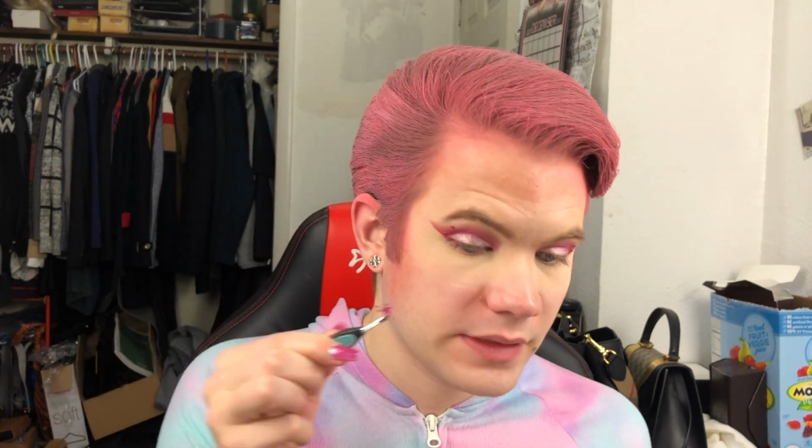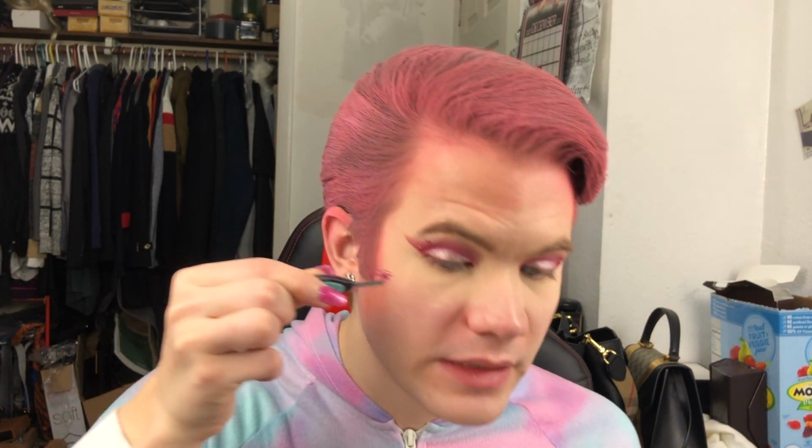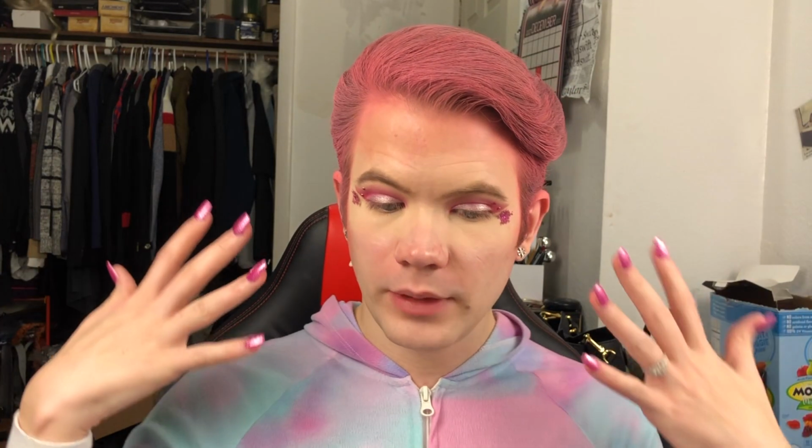Last but not least, I do have these little pink flowers that I want to use on this look. So I'm going to put some eyelash glue on the back, and I'm just going to wait till it gets a little bit tacky, and I'm going to set it exactly where I want it. Okay, everyone, now that we have both flowers on our face, I'm going to do my lower lash line. And for that,